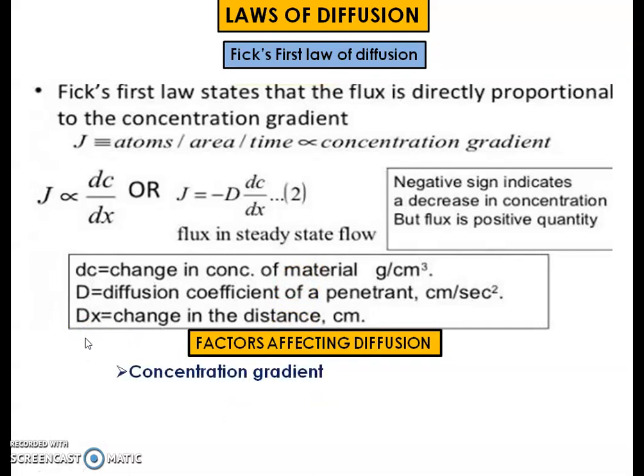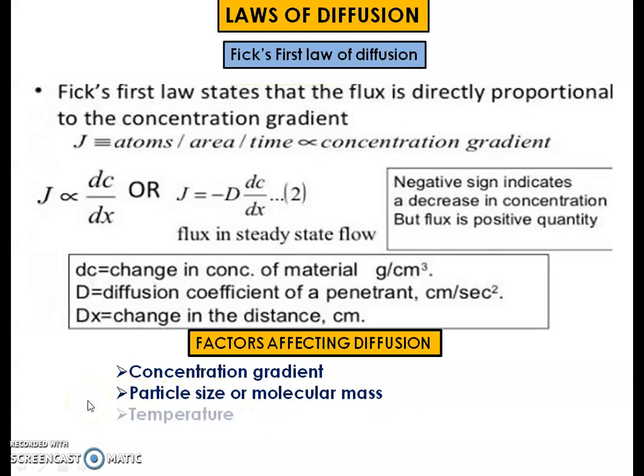First factor which is affecting diffusion is definitely concentration gradient. In this law we have discussed concentration gradients. If the difference between the concentrations is much higher, then it will definitely increase the rate of diffusion. Second is particle size or molecular size of a particular solute. If the solute particle is small or the molecular mass of the solute is small, then diffusion will be faster. It means for heavy molecules or larger molecules, the diffusion rate is less.